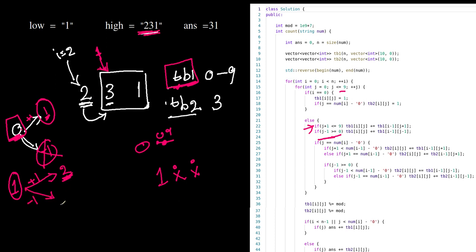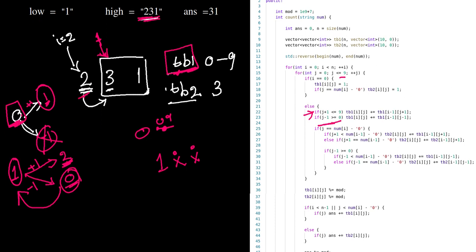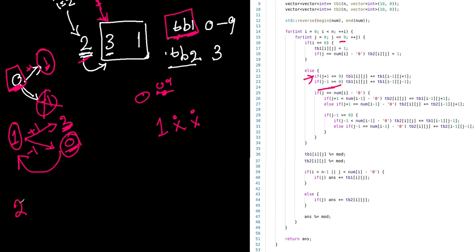The other possibility is 0. The same, we will take the solution for this 0 and add it to the solution for 1 at the current index. Then we have j equal to 2, in this case 2 plus 1 is 3. We need to verify if 3